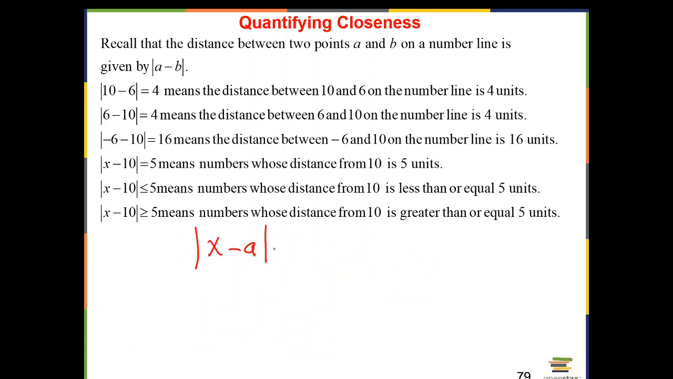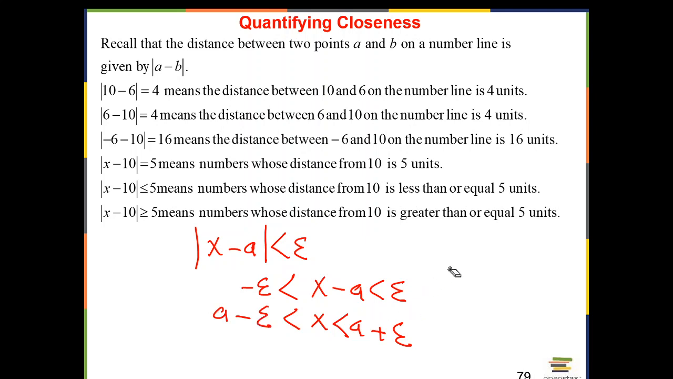x minus a absolute value is less than epsilon, what do I mean? I mean that x minus a is between negative epsilon and epsilon, so x is between a plus epsilon and a minus epsilon. That's exactly what we talked about, right? This interval to the left and right of a, that's that interval right here. So instead of writing all that, we just compactly write absolute value of x minus a is less than